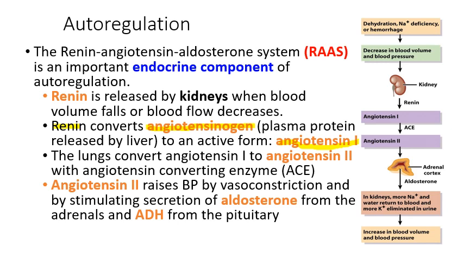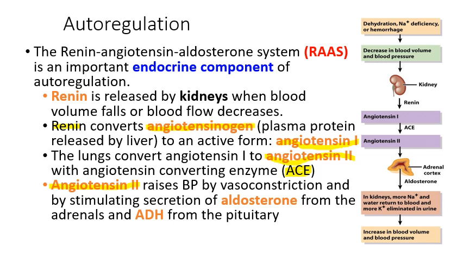Angiotensin 1 is then going to be circulating around in the bloodstream. Eventually, it's going to find its way to the lungs. In the lungs, there's an enzyme called angiotensin converting enzyme, or ACE. Angiotensin converting enzyme is going to, surprisingly, convert angiotensin 1 into angiotensin 2. That angiotensin 2 is an important factor that's going to help raise your blood